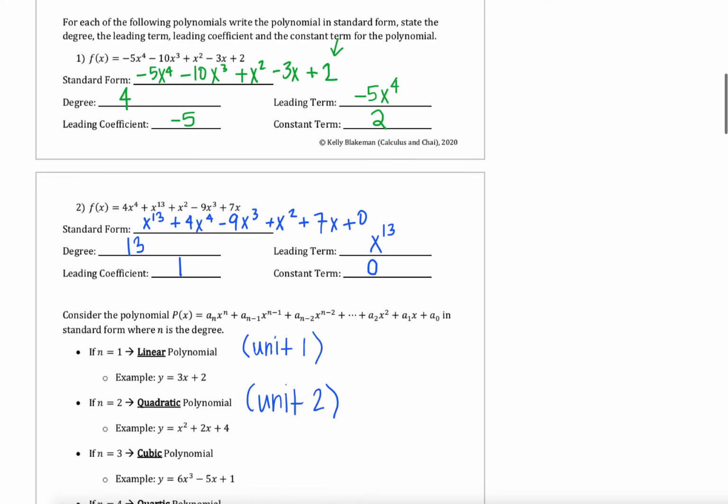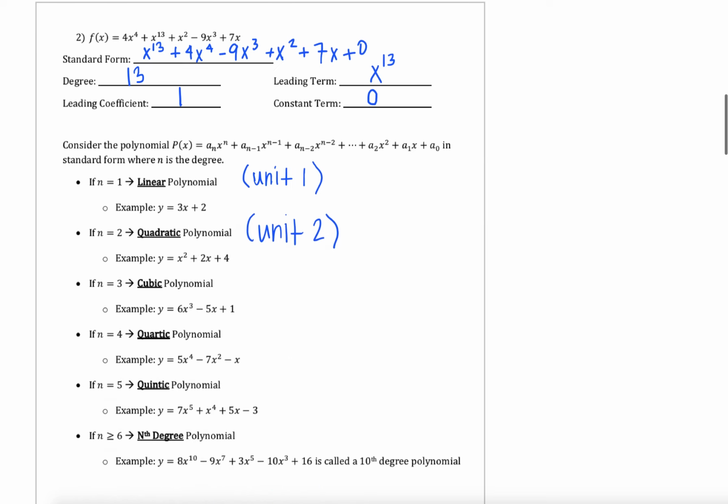Let's talk about a few more things having to do with the degree of a polynomial. So if we consider a polynomial in standard form again, where n is the degree of a polynomial, then we have a couple different types of polynomials based off of what that degree is. So if our degree is equal to 1, then we're looking at a linear polynomial. And these were actually functions that we looked at back in Unit 1. One example would be